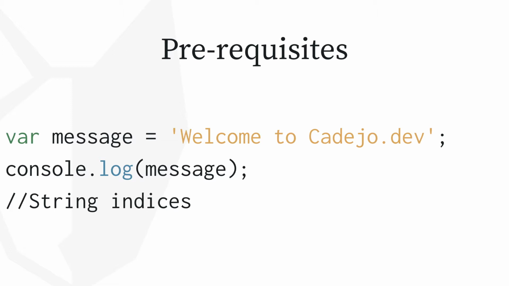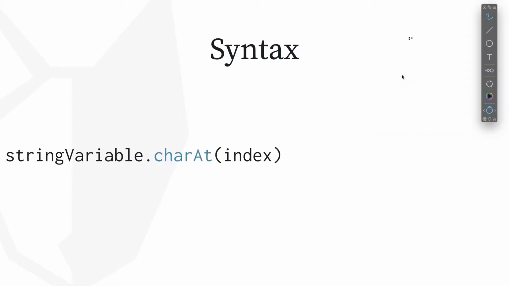With that said, let's continue with the syntax of this function. The syntax for the function looks like this. We have a string variable and we're going to apply the charAt function. We're going to supply an index and the function is going to give us back the character that resides at that index. For example, if we have the string